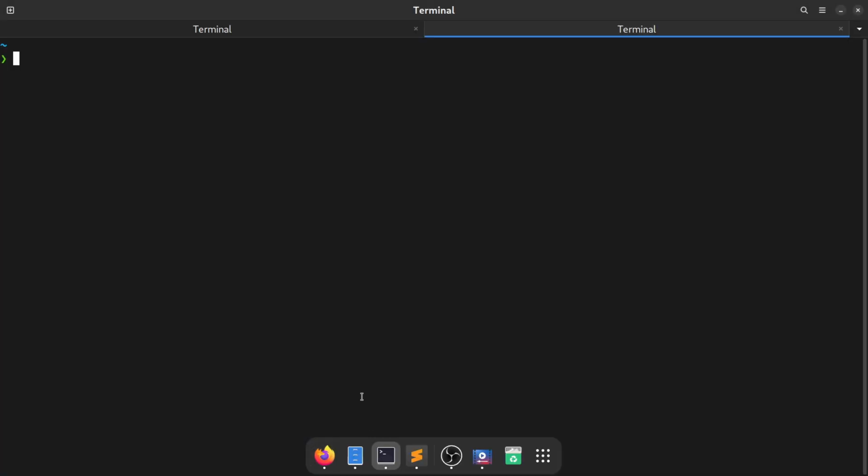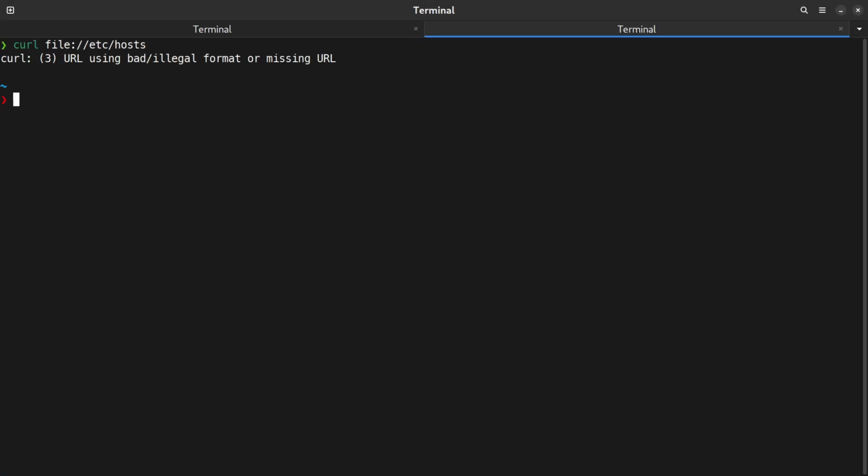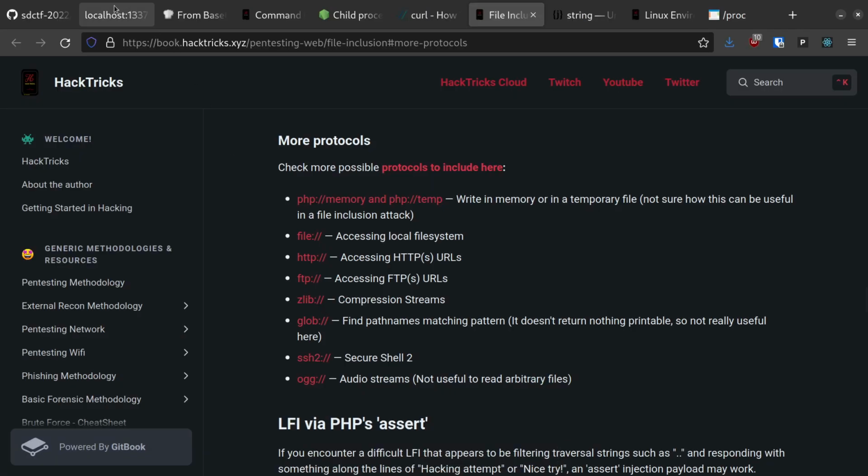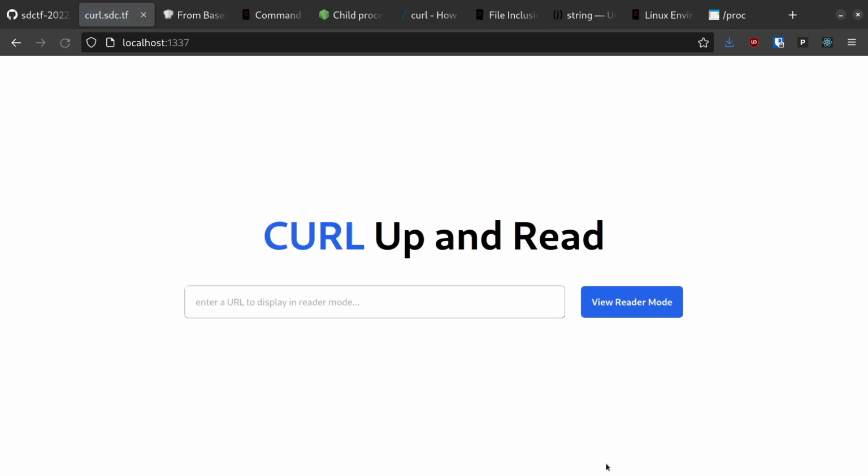If we do file:/ it doesn't seem to work. It says that our URL format is invalid. As it turns out, we need to include the additional leading slash of the absolute file path for a total of 3 slashes. And just like that, it reads whatever file we give it. Very cool. Well, let's try this out then.